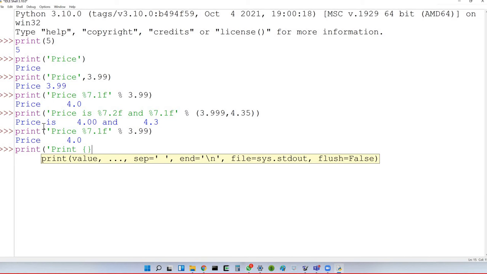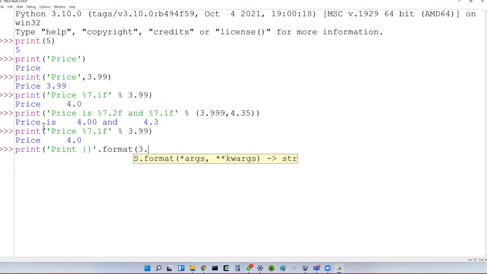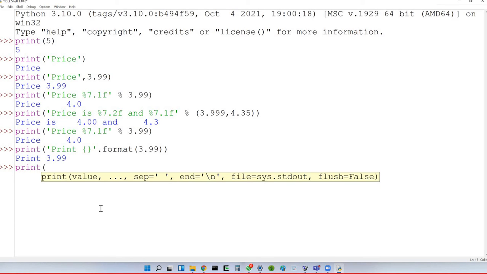And we can have this dot format, and we can say 3.99, which will print the number as it is. So this will indicate where to print. If you have 2 values, we can say print